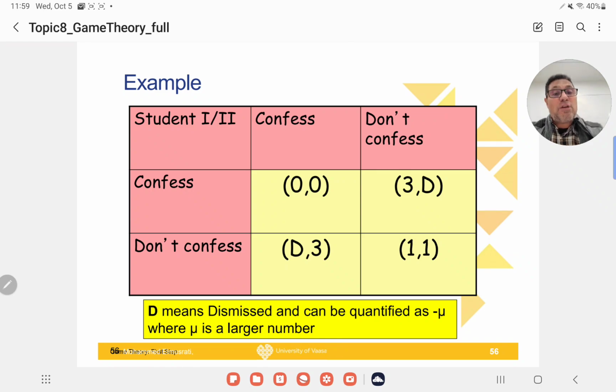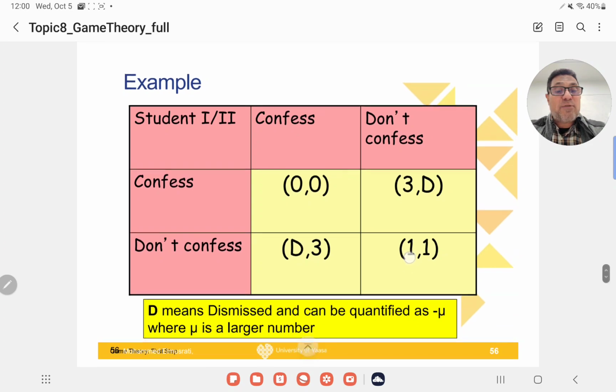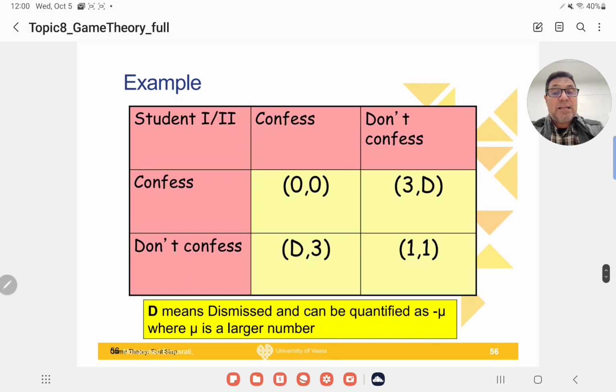So if this student thinks that the other one will not tell the truth, and he or she decides not to tell the truth, for example, student 1 decides not to tell the truth, they don't confess. But what happens if the other student plays or deviates from this solution? The other student will get more benefit. Instead of 1, they will get grade 3. But the first student will be dismissed from